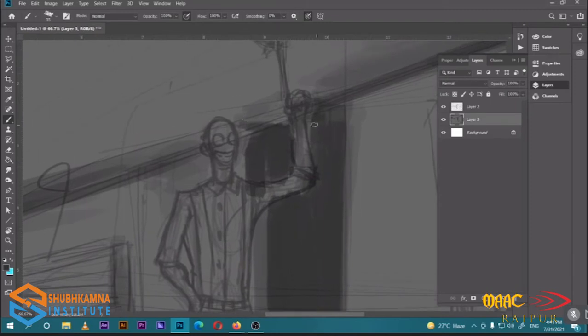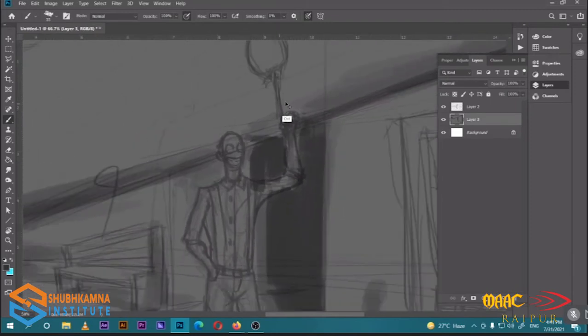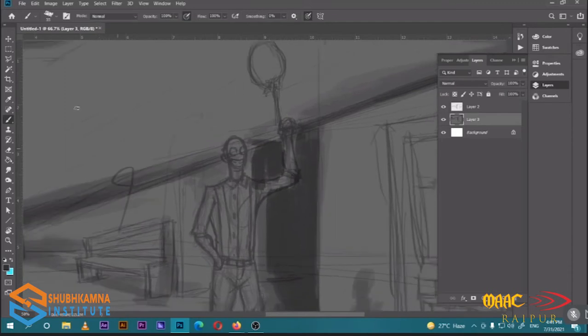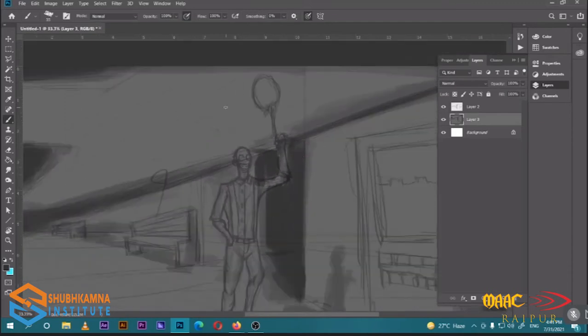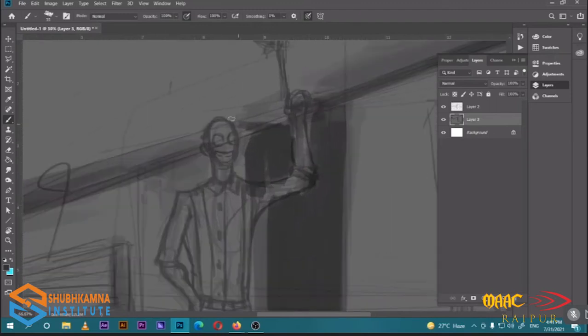So the typical idea would be that this will be the light source. All of these portions are providing the light source. So opposite of it will be the shadows. So I'm just gonna put shadows over here. Put this one off so that we can completely put the shadows over the character.